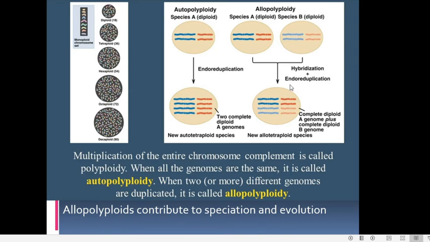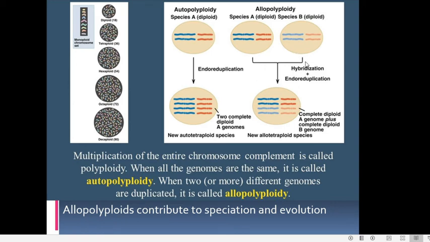Whereas this is another tetraploid cell where you can see this chromosome having 4 copies and this also having 4 copies. But they are slightly different. There will be differences. Why has this arisen? This arises out of hybridization. So this is one species called A and this is another species called B. A has its own diploid chromosome sets and B has its own diploid chromosome sets, and they are allowed to undergo hybridization artificially.